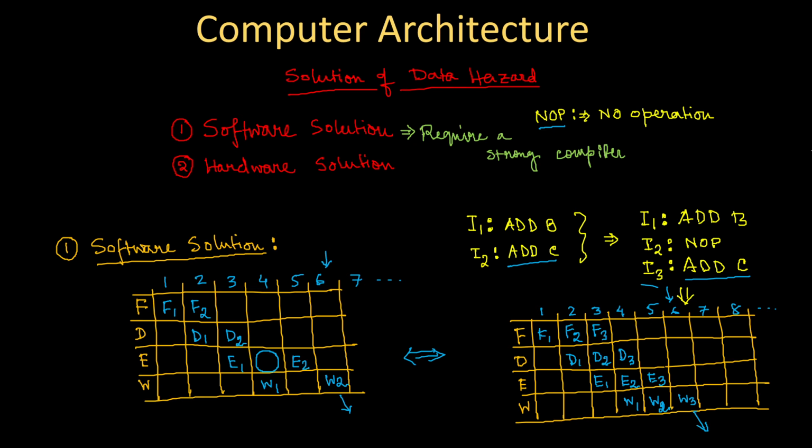So we have seen how a strong compiler can be used for avoiding a data hazard. In the same way, we have a hardware solution also. Now let's come to the point of hardware solution. You see, to realize this hardware solution,